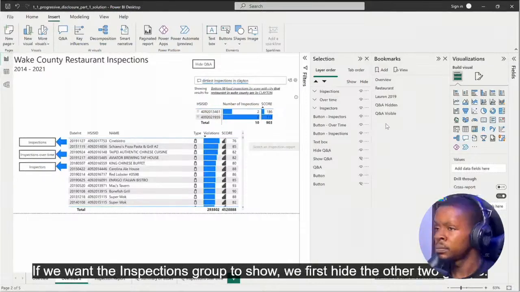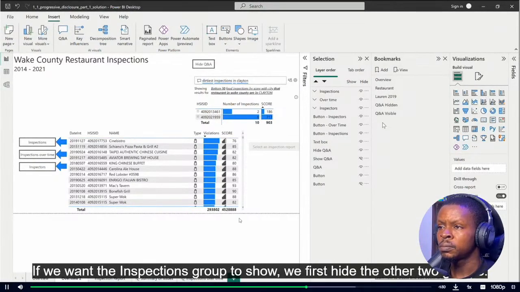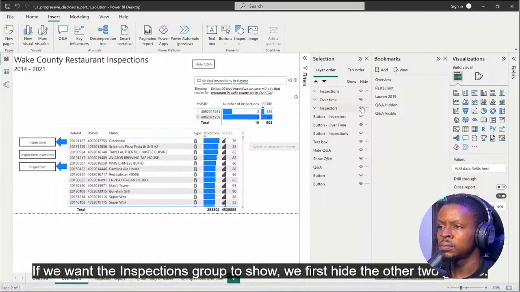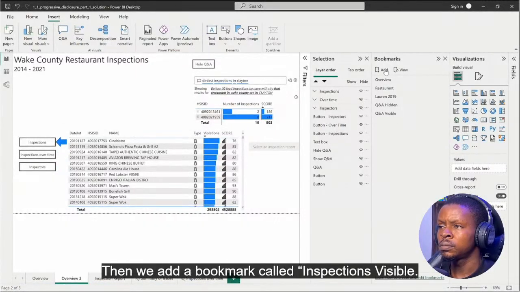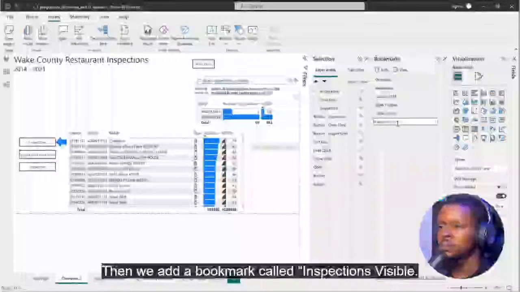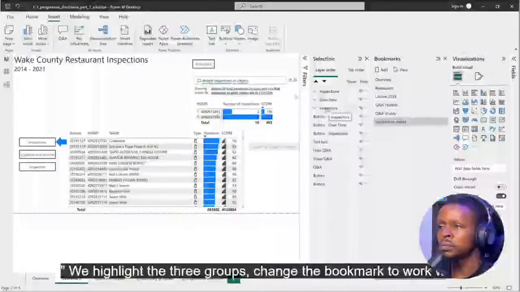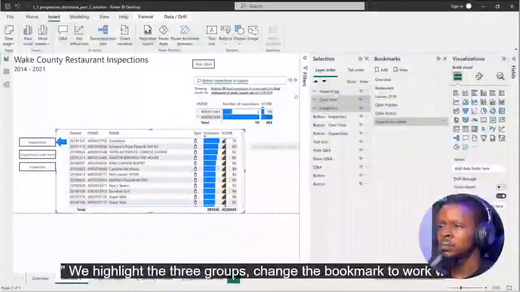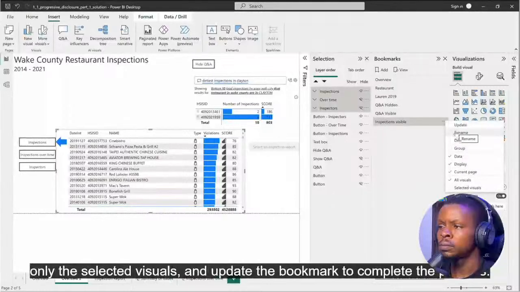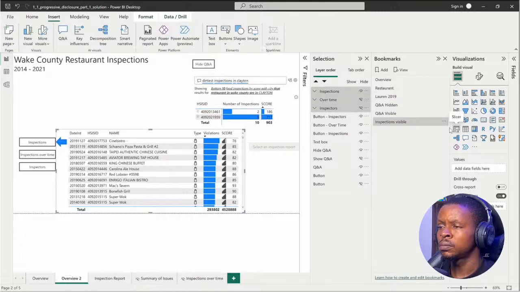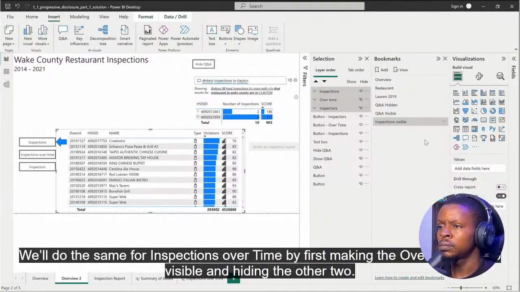If we want the Inspections group to show, we first hide the other two groups. Then we add a bookmark called Inspections Visible. We highlight the three groups, change the bookmark to work with only the selected visuals, and update the bookmark to complete the process. We'll do the same for Inspections Over Time by first making the Over Time group visible and